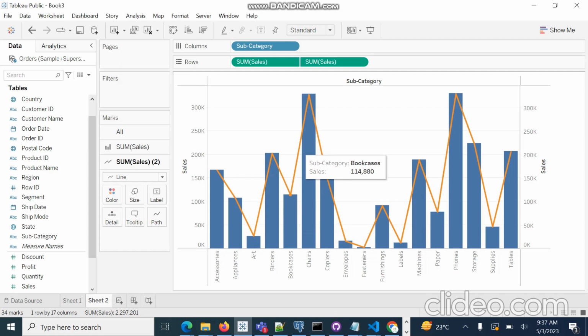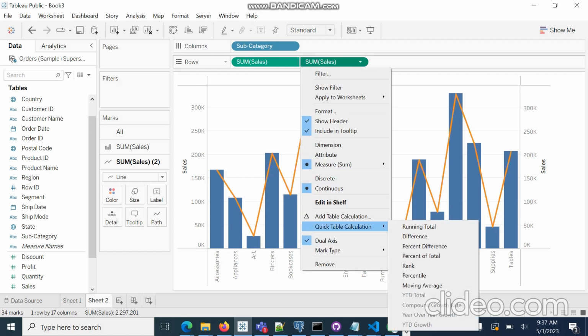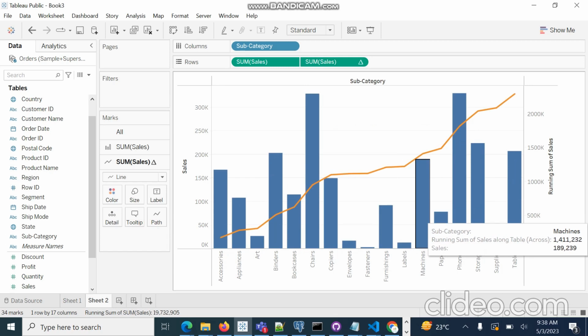So what we will do is go here to quick table calculation and choose running total. See what this is? This is the running total, and this is the individual chart for every category.